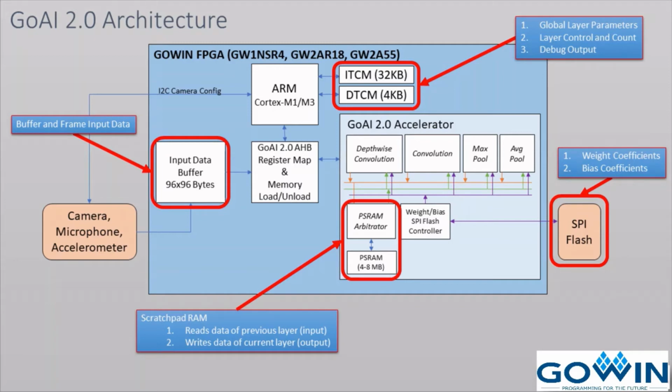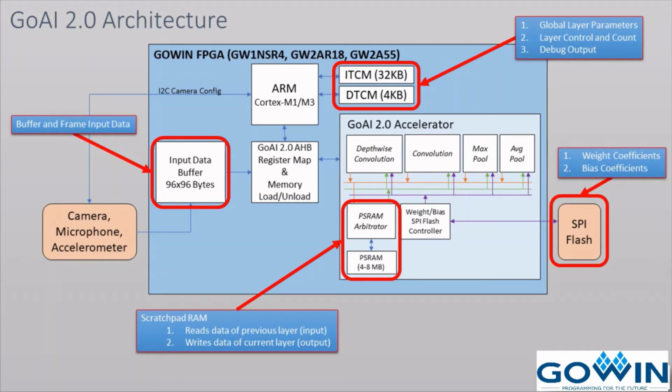Okay, and then just talking about the Go AI 2.0 accelerator, or NPU, if you will, it covers 4 primary functions: depth-wise convolution, convolution, max pooling, and average pooling, as these are the most compute-intensive functions within these quantized machine learning models. And then there's a controller for the PSRAM, which holds the input and output layer data. There's also a SPI flash controller that runs in quad SPI mode to grab the weight and bias coefficients